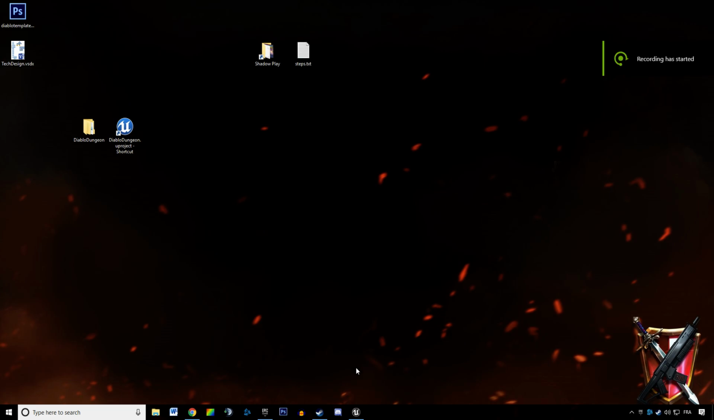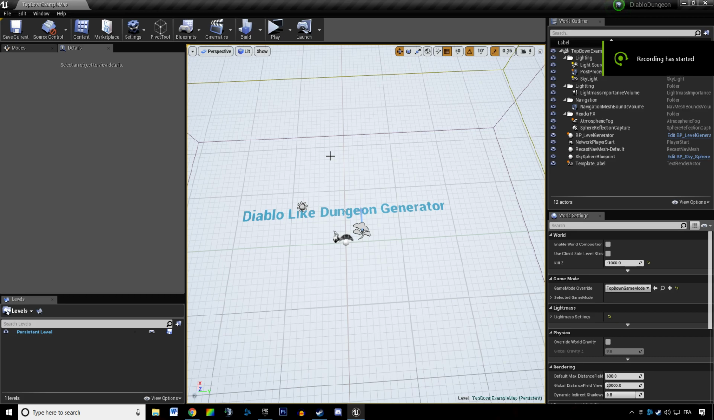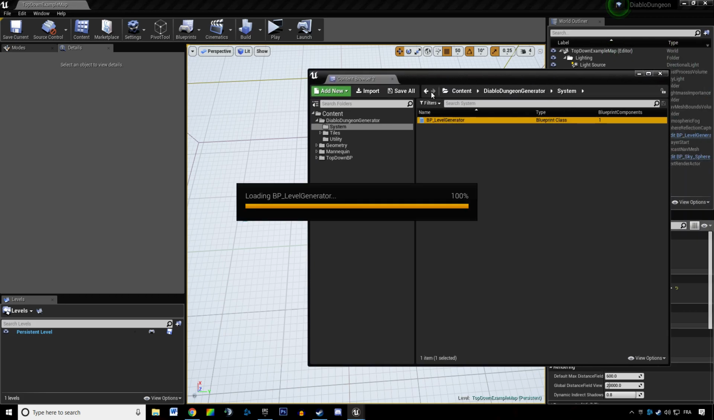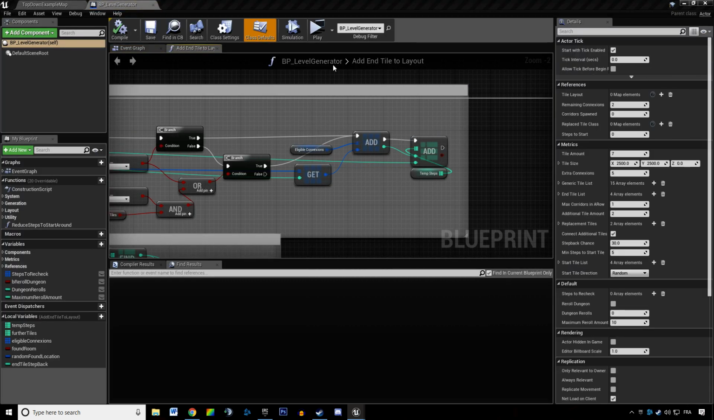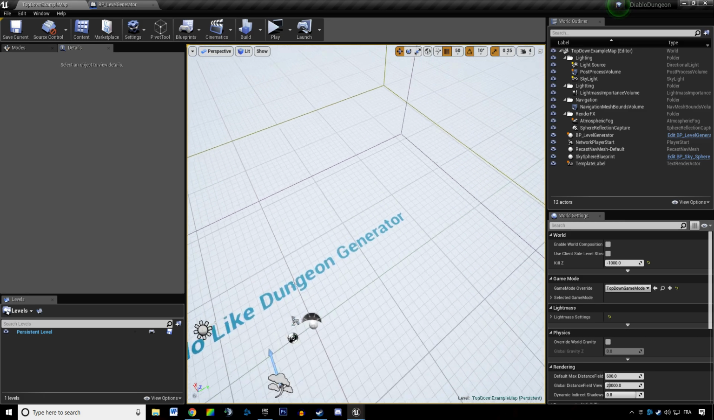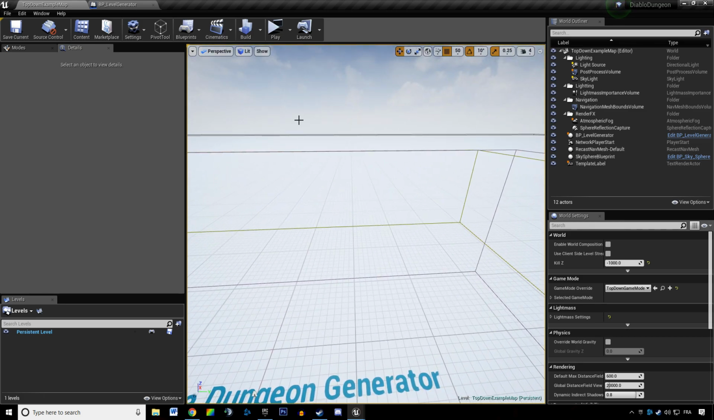Welcome everyone in this new video tutorial about Diablo-like dungeon generator. In this video we are going to build a simple logic that says I want my end tile to be oriented towards that cardinal point, and maybe we are also going to add a little feature that says